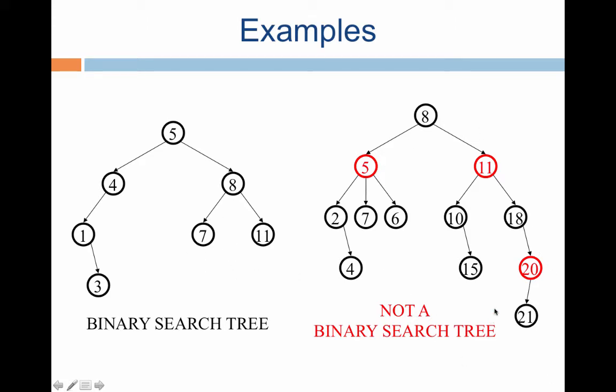On the other hand, here you note that this is not a binary search tree because it is not a binary tree. We don't even worry about whether one can meaningfully answer the query about whether the search property is there or not. It is not a binary tree, and therefore it is not a binary search tree. So therefore, the first thing is that every binary search tree is a binary tree.